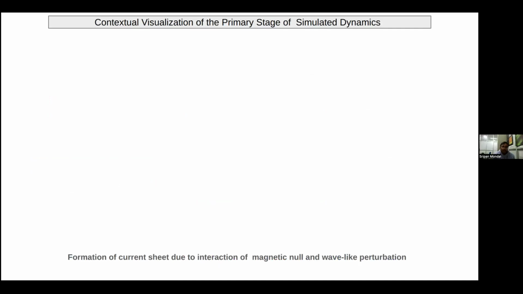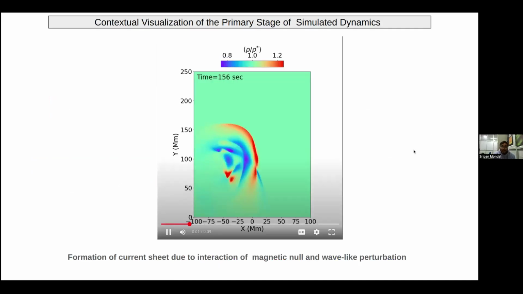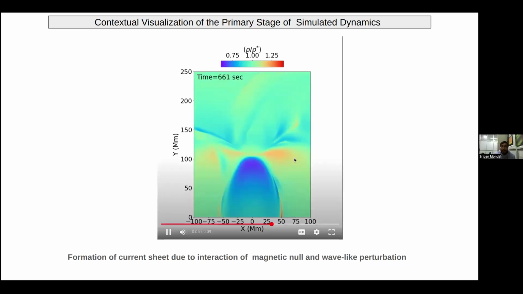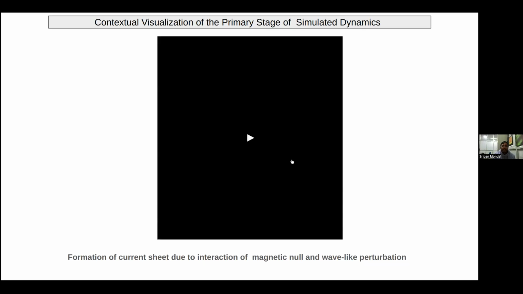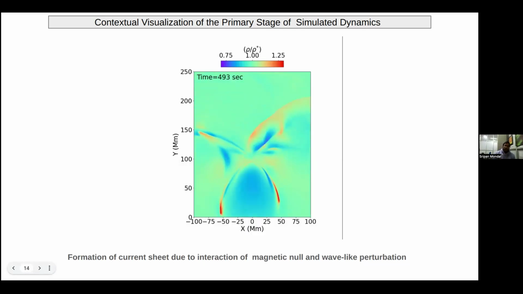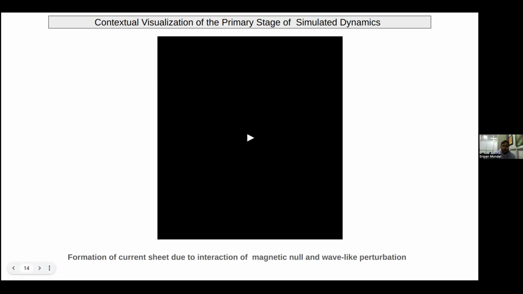If you look at this animation here, it shows a Gaussian perturbation which interacts with a magnetic null at x equals 0 and y equals 102 megameter. It collapses the magnetic null point to form a current sheet in the x direction. So, to understand what role the wave is playing here,